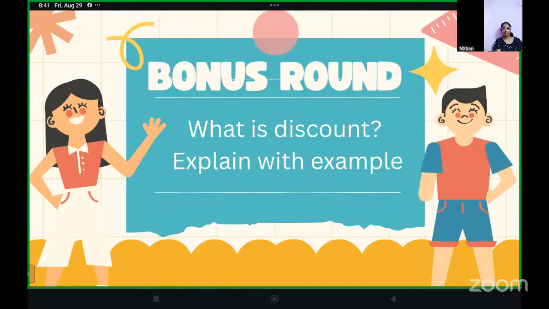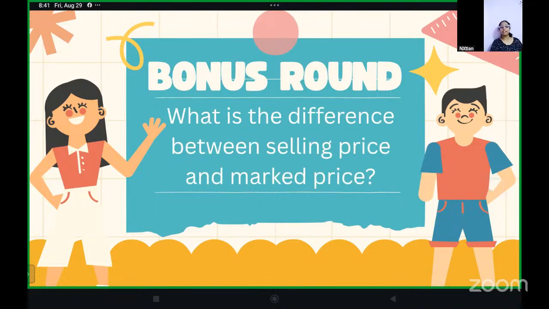Okay, next question. Next bonus question is for Abraham. What is the difference between selling price and market price? The difference between selling price and market price is that the selling price is the price that you sell an object for after you have bought it, but the mark price is the price the object was officially made for, and you bought it from the store. Suppose I have a factory producing